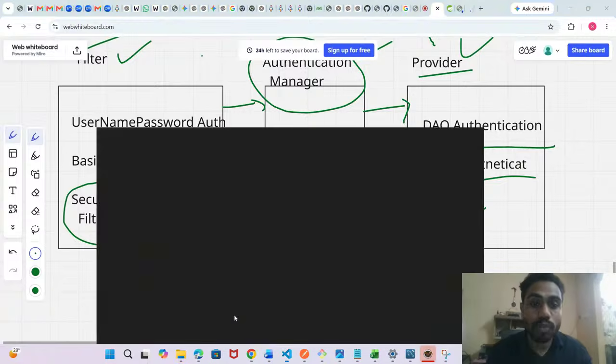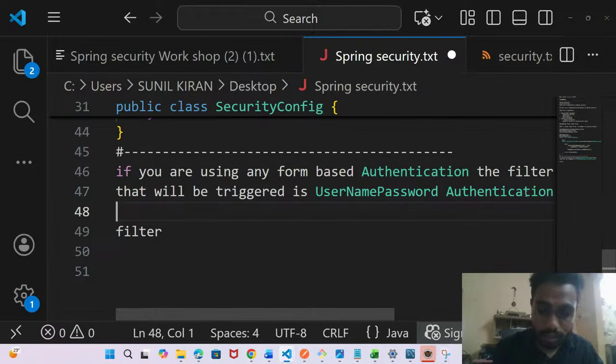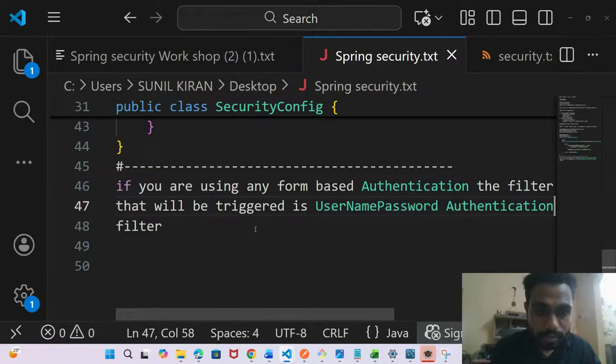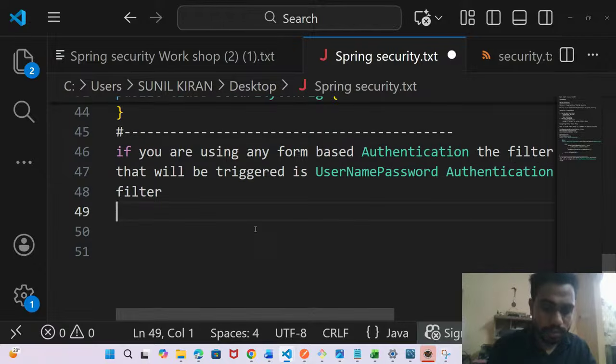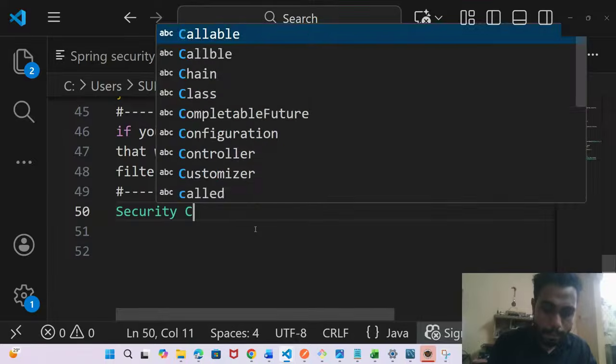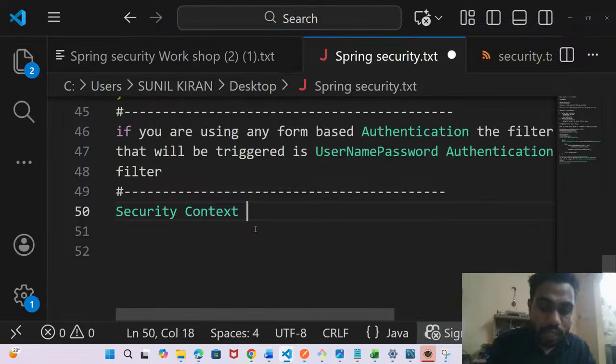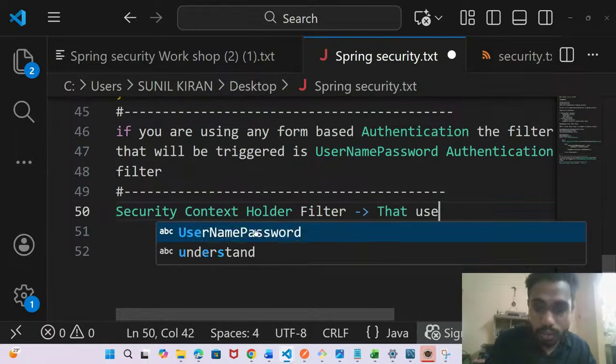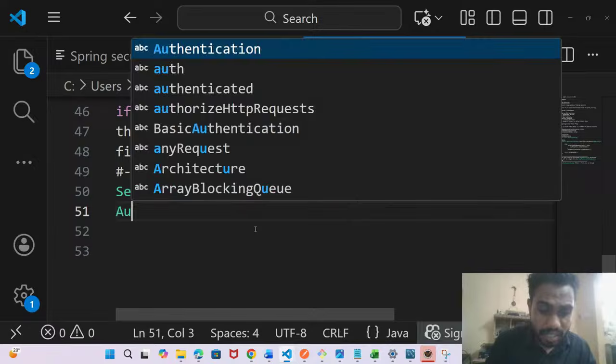Security context holder filter is for checking whether authentication has already happened or not, whether the user is already authenticated or not.